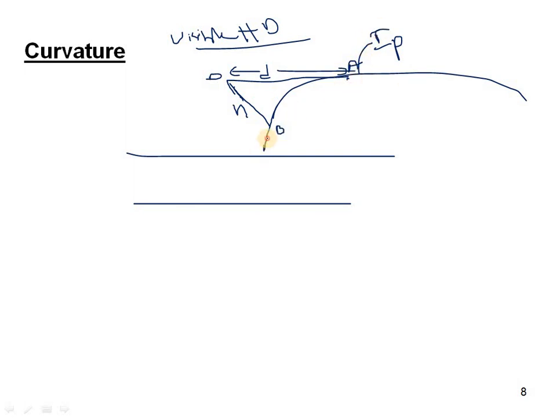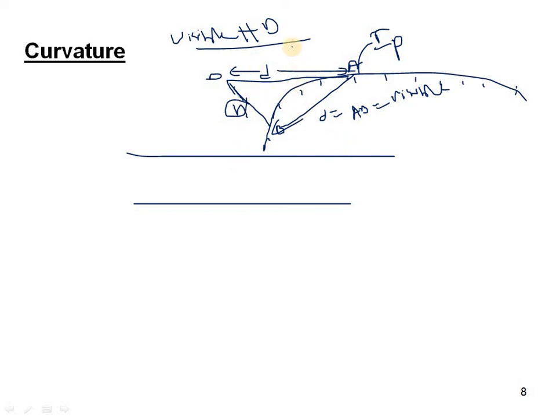This is also the earth curvature, the earth surface level line. Here, considering small d is equal to AB, that is nothing but the visible distance. We will call small d nothing but AB. In this position, it is the visible horizontal distance in kilometers. Small h is the height of the point above mean sea level in meters.